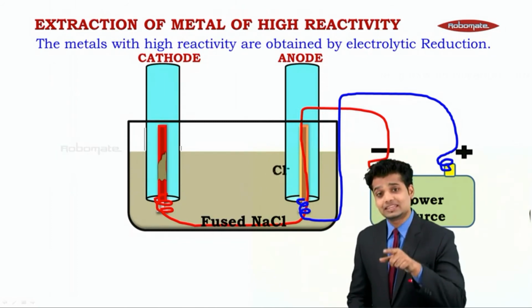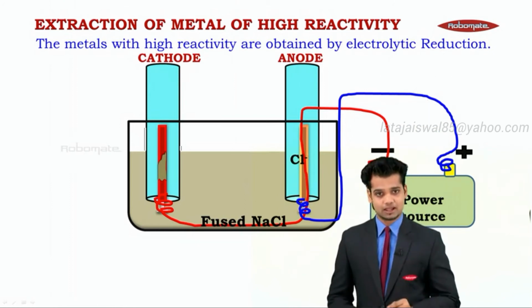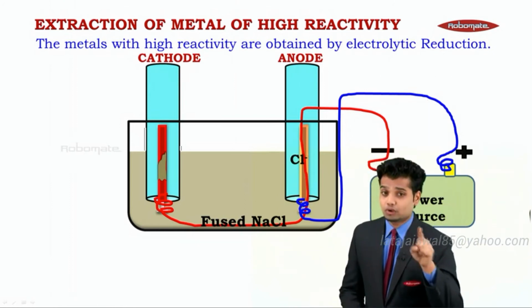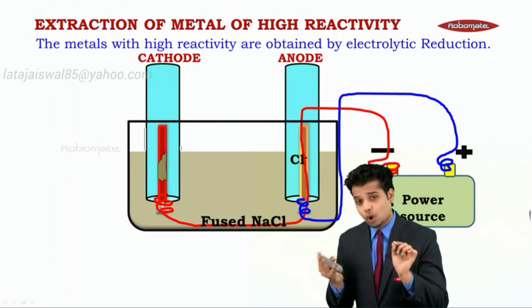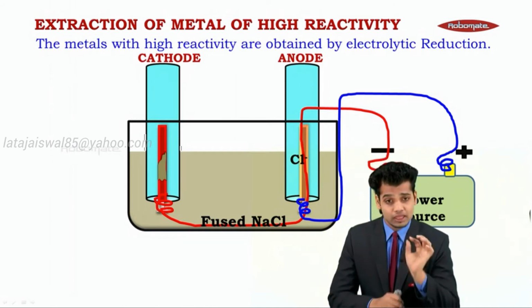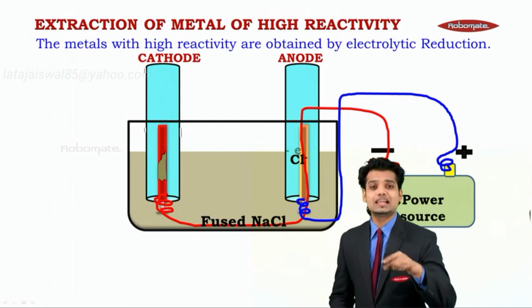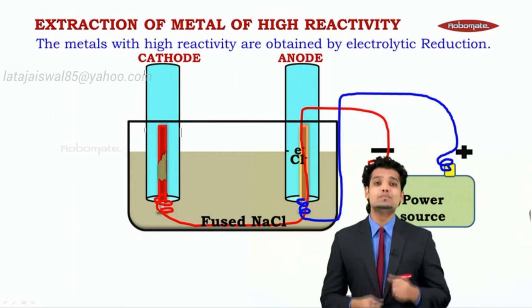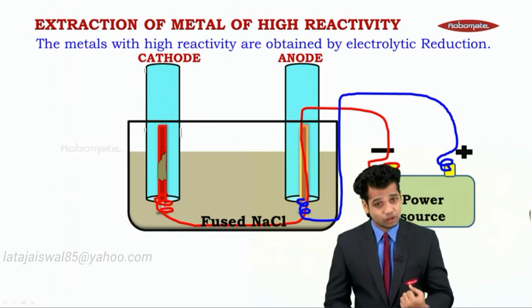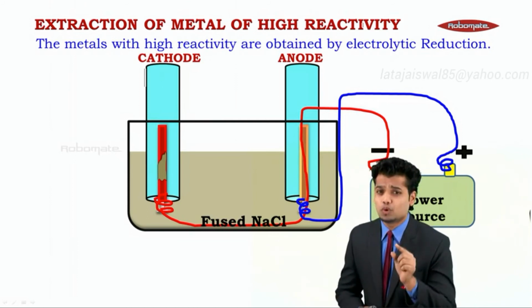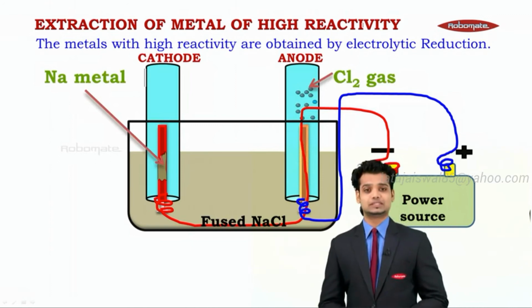Whereas Cl- gets attracted to the anode. So where did we get these electrons? We get them from Cl. So Cl gave its electron to Na. Now Cl is 2, 8, 8, and it became stable. Now we want chlorine in the pure form. So the anode, being positive, is going to attract the electron out of chloride. Chloride will give an electron. But chlorine cannot be released as monoatomic. It is a gas, so it will be released as Cl2 gas.